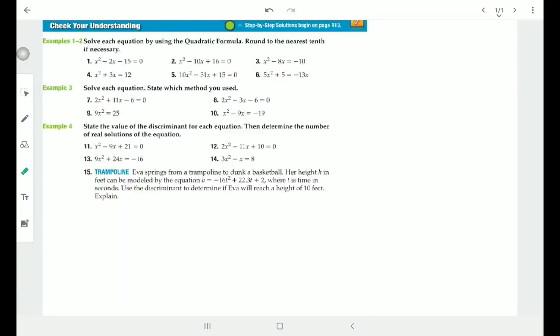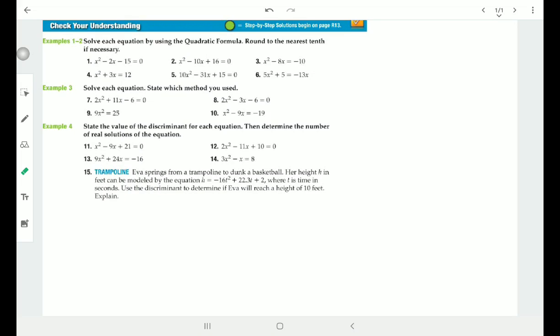Guys, I have another video for you today, and we are doing lesson 9-5, and we're still solving quadratic equations, and we have all these different methods that we've used so far. We've done the factoring to solve these quadratic equations. We've done graphing, used the Desmos graphing calculator. We've taken the square roots. Last section we did completing the square, and from that completing the square, we've